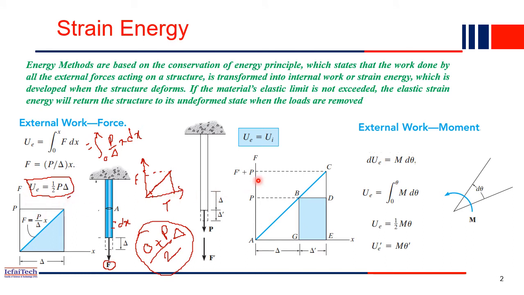Now similarly, if you see, this is the same beam, whatever we have drawn, the same structure is here. Now we applied an additional force F dash. Earlier we applied P in this structure, as we mentioned. Now additional force F dash is also applied. Because of F dash, the displacement increased by delta dash. Because of F dash, the extra deflection delta dash happened. So now how much work is done because of the additional force F dash?